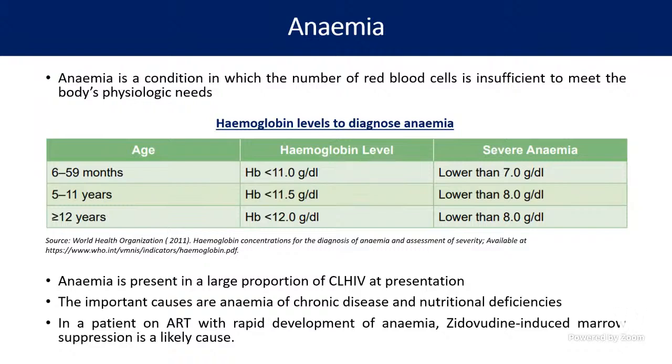We see anemia very commonly in children, and one of the most common causes can be worm infestation in routine children. But in our HIV children, they are on ART drugs. And which drug can cause anemia? Zidovudine. Yes, very good. So anemia can also be there because of other concurrent nutritional deficiencies and chronic diseases, as we saw. That can also make the child more anemic.